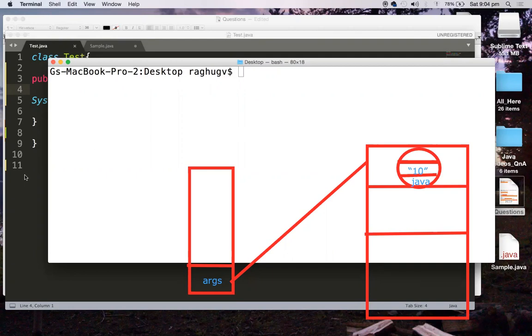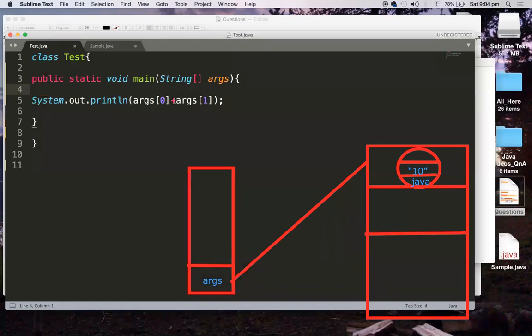And how this plus operator works is, when two strings are given, it will concatenate. Otherwise, if at least one is a string, plus is a binary operator, it takes two arguments, and it does the concatenation. So it adds one string to the other, which means appending will happen. That is also called concatenation.